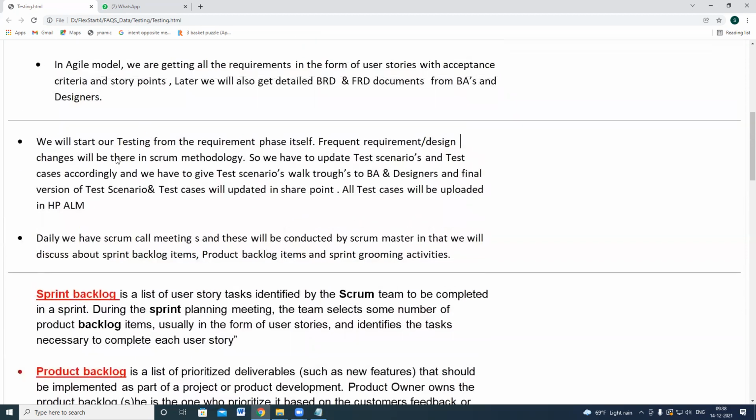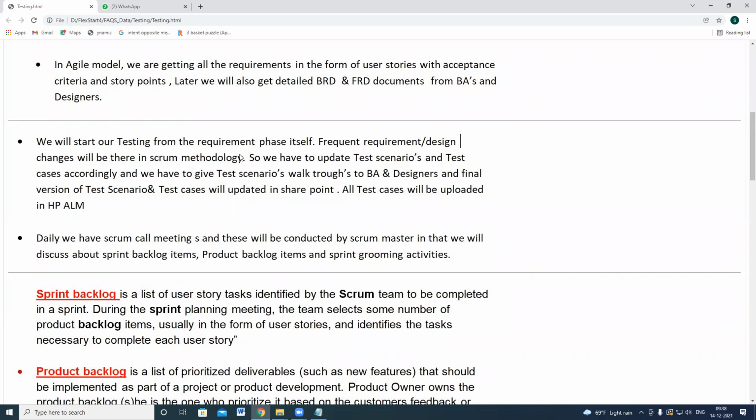So we understood that we will start our testing from the requirement phase itself, and there will be frequent requirement and design changes in the Scrum methodology. That means the client has given some new requirements. For a user story, he has given five requirements, and the next day he says, no, I don't want these two, I want these two additional ones.